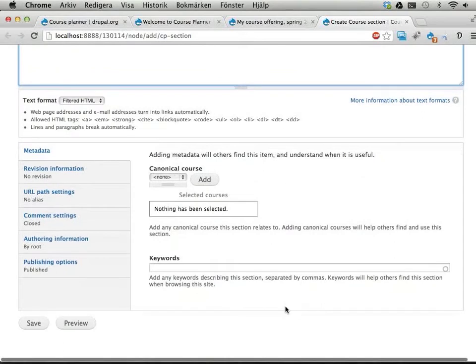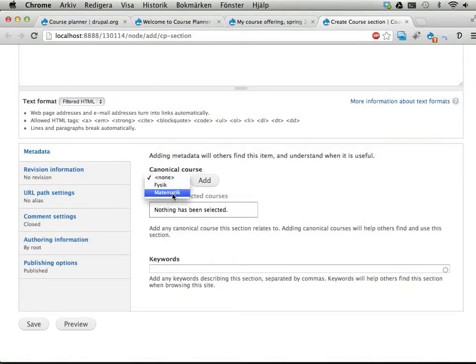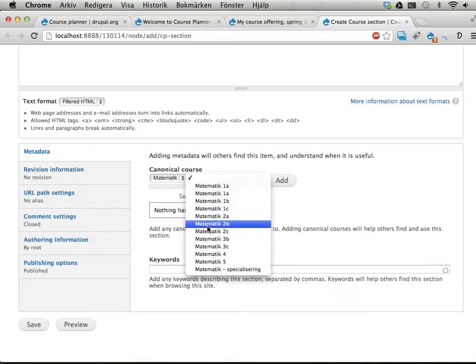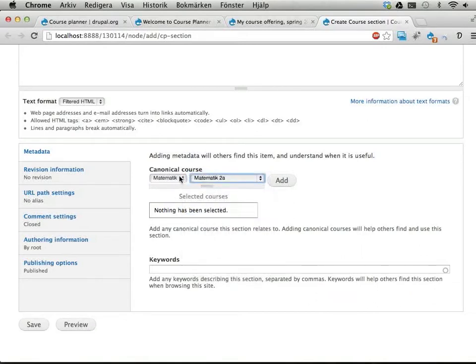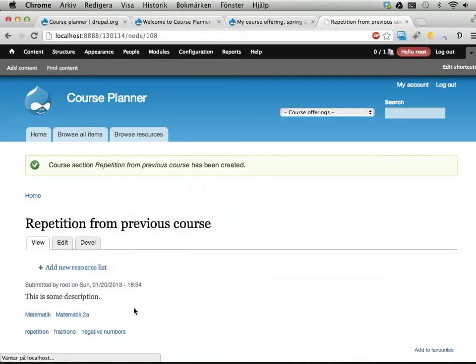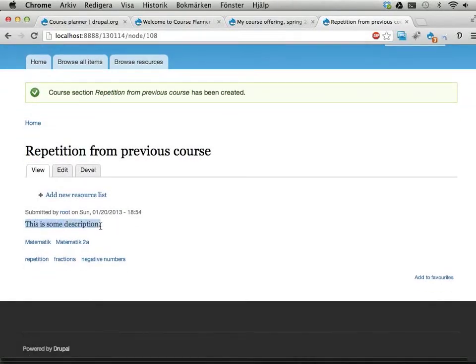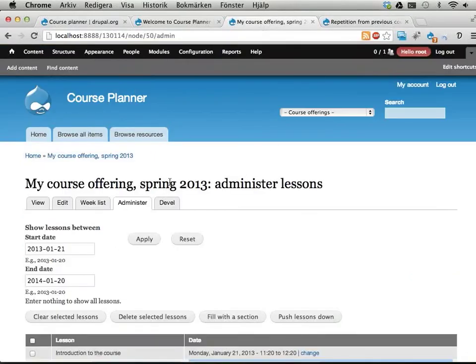There we go. And again, we have this canonical course thing, which you might think is repetitive here because we already added this to the course offering, but these course sections can be reused across different course offerings, and I'll come back to that later. Keywords, repetition. Let's say we work with fractions here and negative numbers or something. This is like tagging style things. Save. So now I have a section here with some description that I want to use in my course offering,